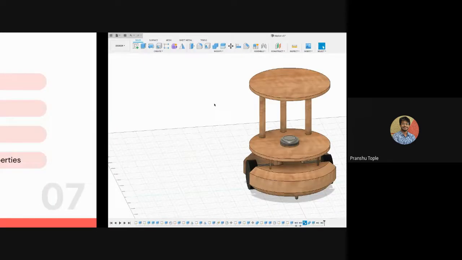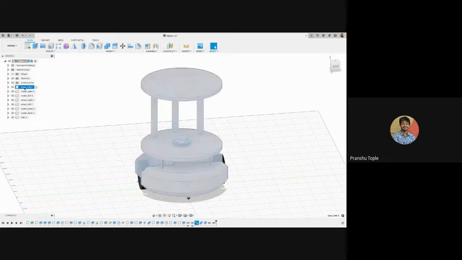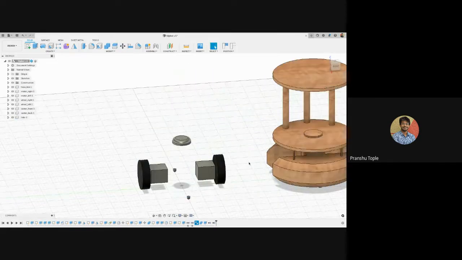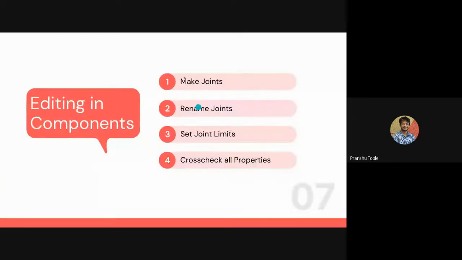So let's make joints. Why do I need to make joints? Let's consider this is my base link. If I press M to move my base link and move it somewhere over here, you can see everything else remained over here itself. They were not connected with each other. So my motors and wheels will go ahead, but my robot will stay there itself. I don't want that. Everything should be connected to each other. So first we will be making these joints.